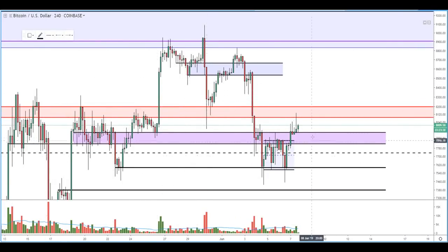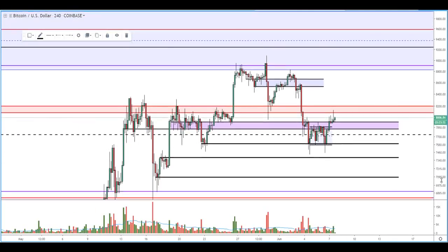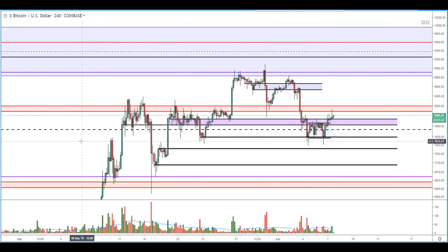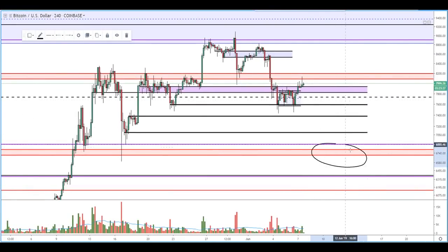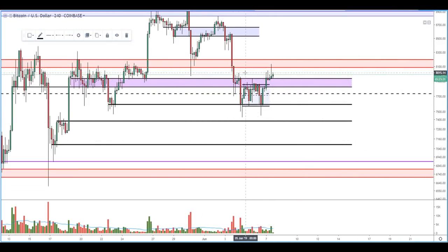I really don't want to see this purple level get given up one more time. If this purple level gives up and we fail to hold this, I think the next logical destination is going to be this weekly level here. But as long as this guy supports, this immediate support level holds, I think we're in for a bullish continuation, honestly. So yeah, keep an eye out for this purple level, keep an eye out for this interaction with the